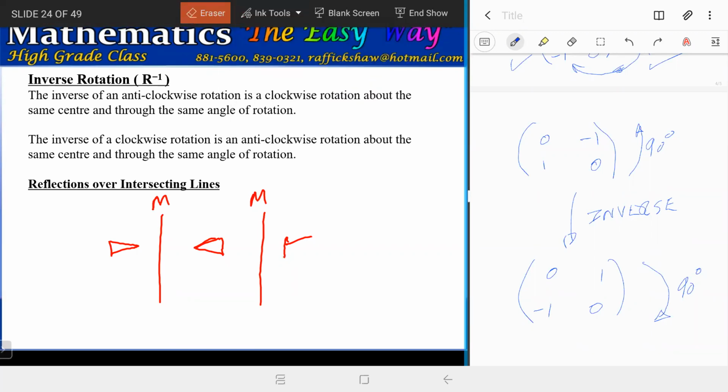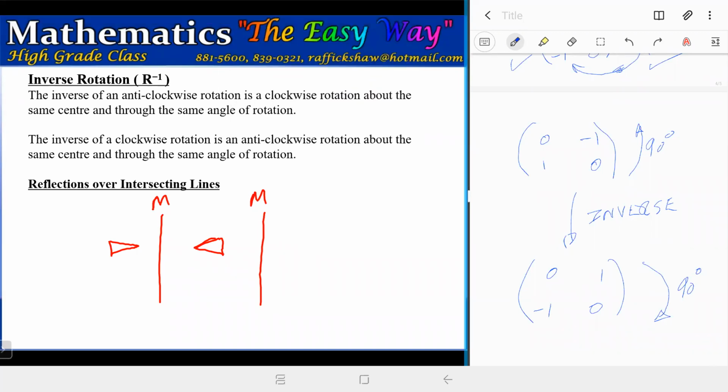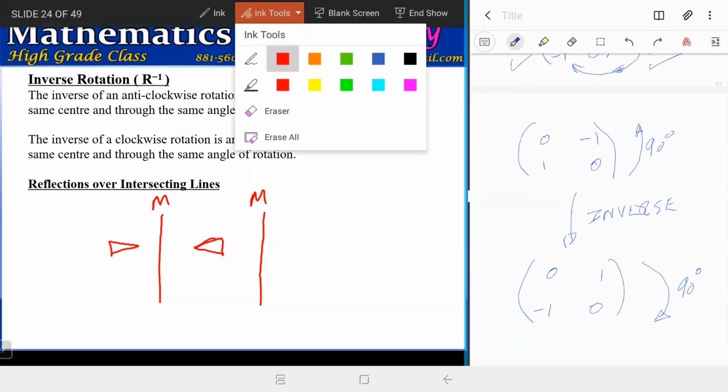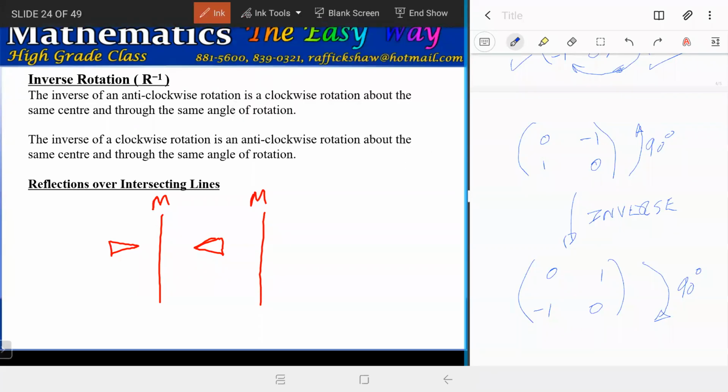No, I'm not drawing that properly. Reflect it again. It's going to go here, like this. Keep drawing it wrong. Try it properly. I'm going to go like this,